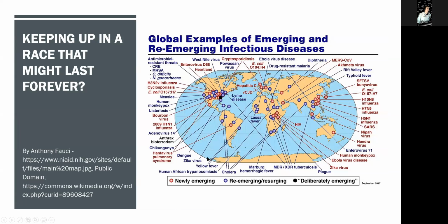This is a slide of all of the emerging pathogens and infectious diseases that are in the world right now. And so if you thought the last slide was daunting, I mean, look at this. These are all the things that could potentially infect us. And so I think the real issue here is that we need to constantly pursue science. We need to be ever vigilant. And we need to make sure that we don't neglect these issues that have been brought to light locally and recently and globally, but we can't let them fall by the wayside again like they may have